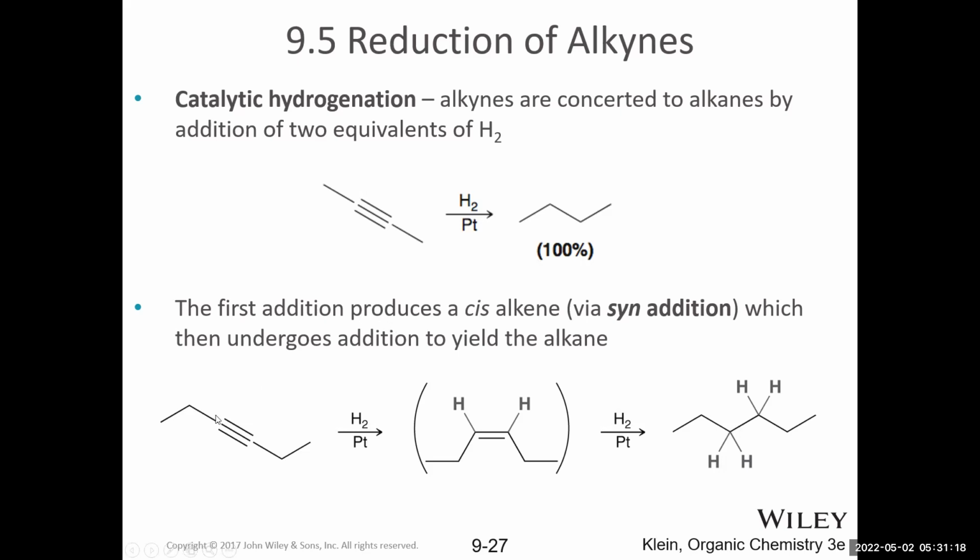The first addition of hydrogen gas does produce a cis alkene, suggesting that, just like we talked about in the previous chapter when we went over hydrogenation, the stereoselectivity of the reaction is syn addition. This is still further evidence that syn addition is what is occurring. Because if you were to trap and isolate a small amount of the intermediate, you would notice that this cis alkene is being formed before the next hydrogenation converts it all the way down to an alkane.